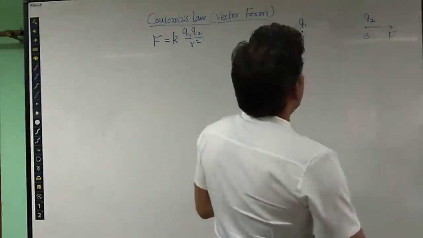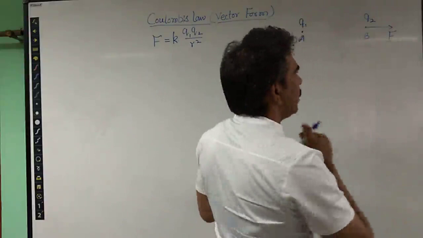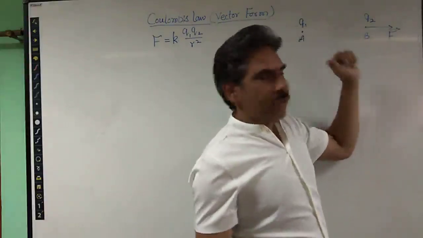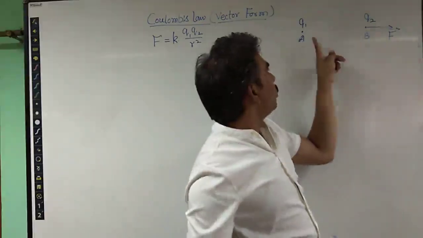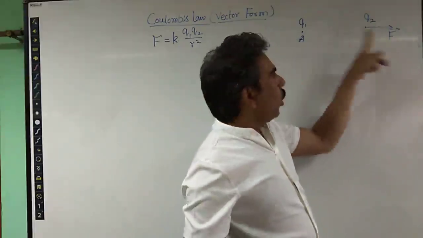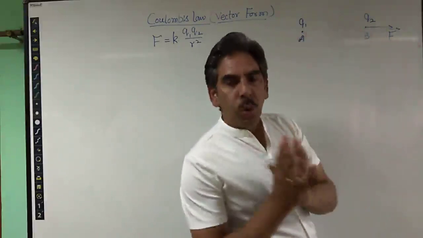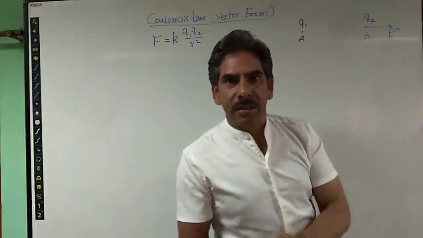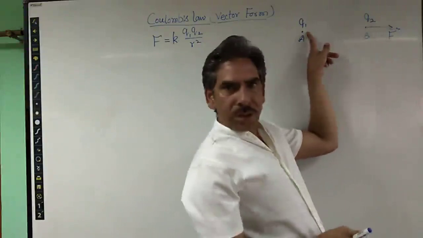Okay. For simplification, I am giving it a particular name. Let me define the position vector first. Whenever force is acting along this direction due to charge Q1 on charge Q2, I am representing the position. Whose position? The charge on which the force is exerted. The position of charge Q2 from position Q1.